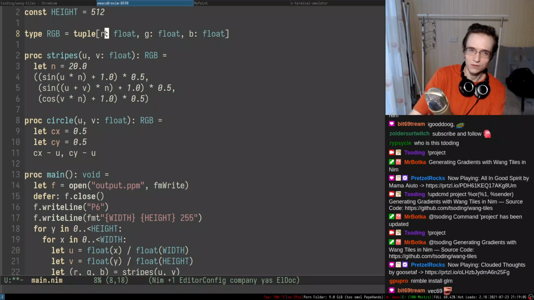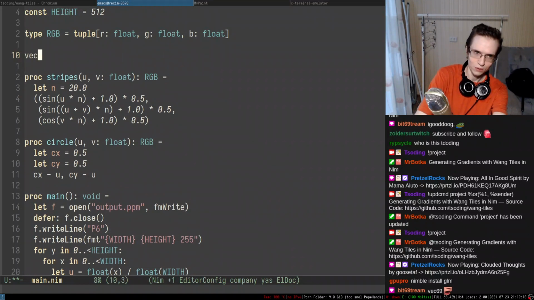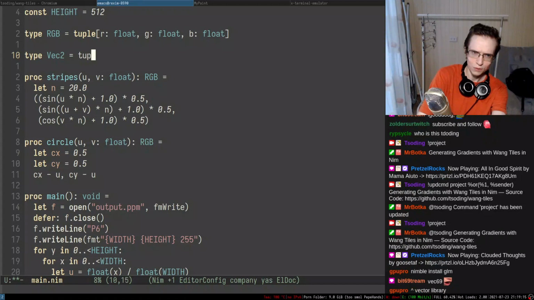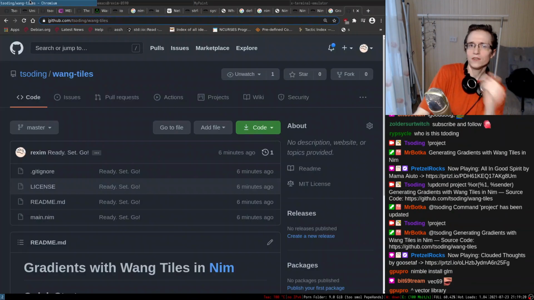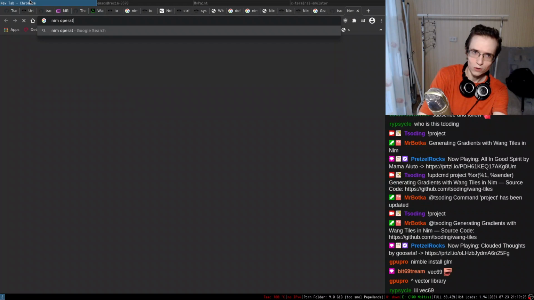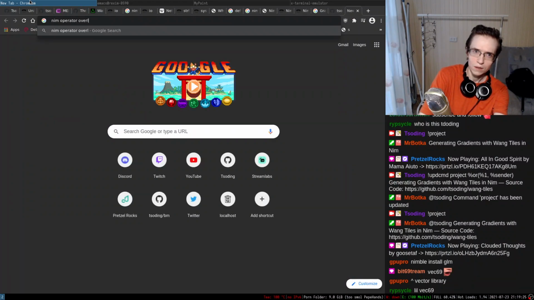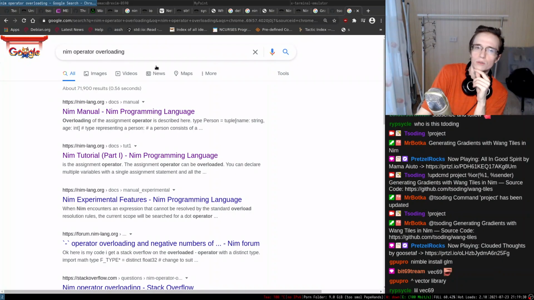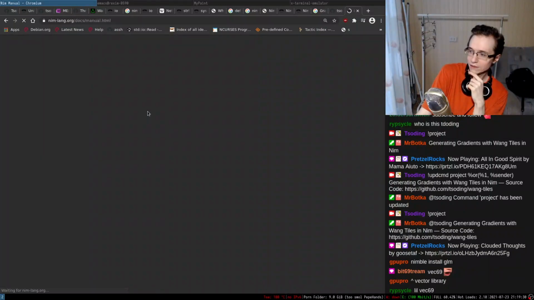At least I can implement vec2. To be fair, vec2 is essentially just a tuple, x float, y float, and as far as I know, Nim has operator overloading. Yeah, you can actually overload operators in Nim, just like in C++.